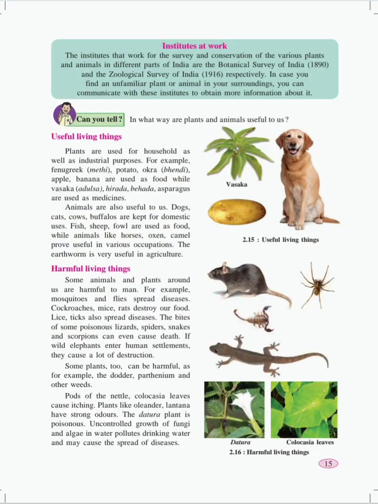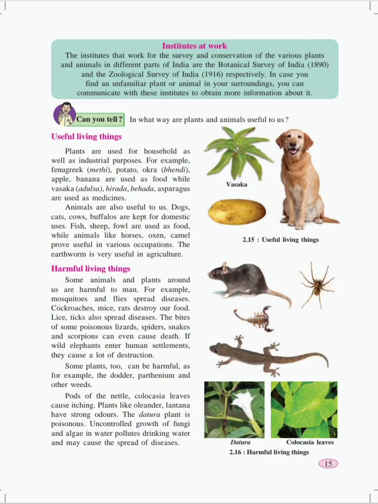multicellular. Useful organisms and harmful organisms. In another way, we can say useful living things and harmful living things. Some medicinal plants like Vasaka, we call it Adursa. So these plants are medicinal plants, like Tulsi, aloe vera. These all are medicinal plants. They are edible. We can eat them, we can consume them. So these are a few examples of useful living organisms.